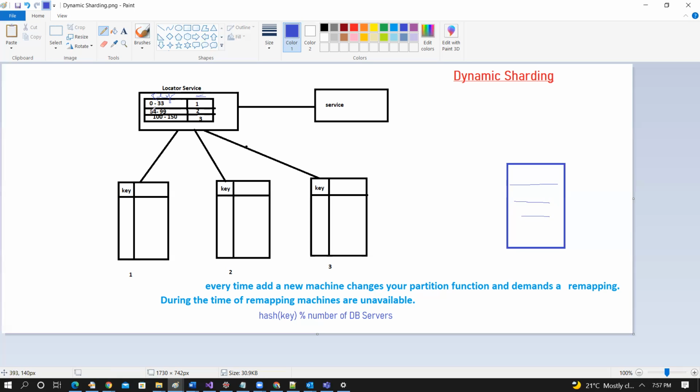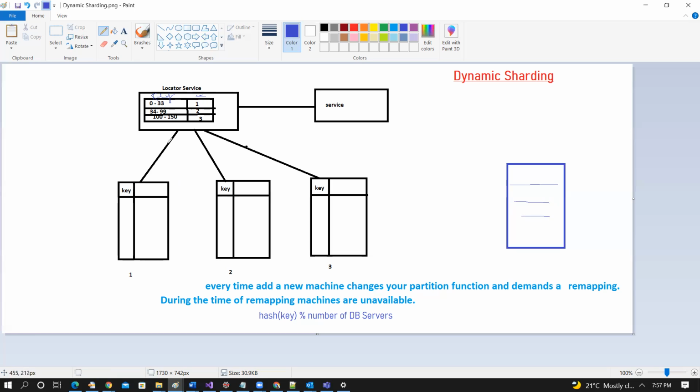For example, if a key belongs to the range 0 to 33, for example 25 is the key number, that key is going to be addressed by the database